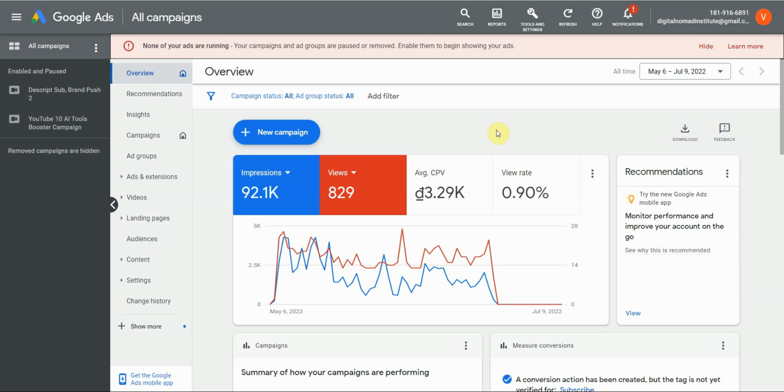If it's within the terms of service and you're just advertising your channel, then you don't have to worry about getting demonetized. If you were to use another third-party software, you don't know where their traffic is coming from. You don't know if it's legit, if it's targeted. Maybe it's from a bot. You don't really know. But with Google AdSense, you don't have to worry about that. Now, the downside to that is it's complicated. So I'm just going to show you a slice of the pie, the slice that I use,